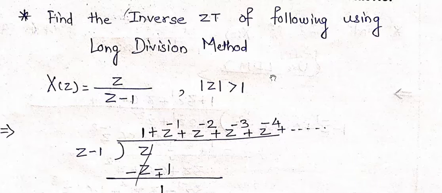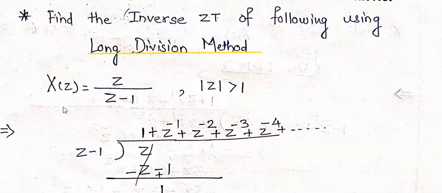Today we are going to see how to find the inverse Z transform for the following sequence. Let's say it is x of z, a certain value. Now we need to obtain it by using the long division method, as it is provided in the problem statement. You can understand here the method is specified clearly as the long division method. It is the method we need to use.